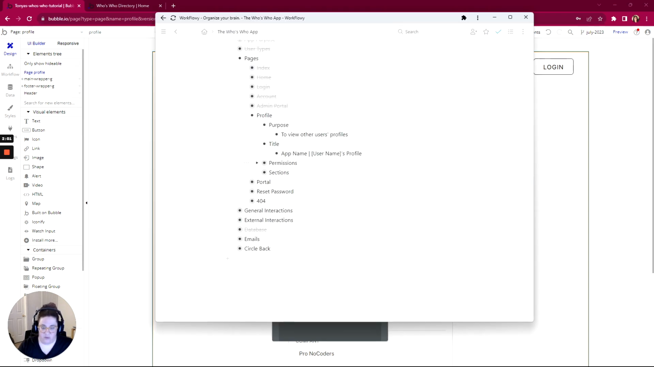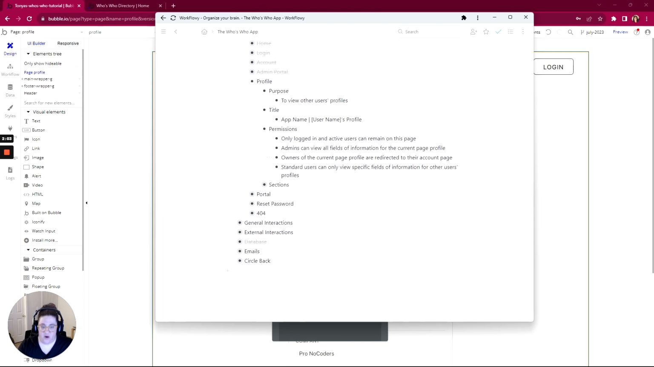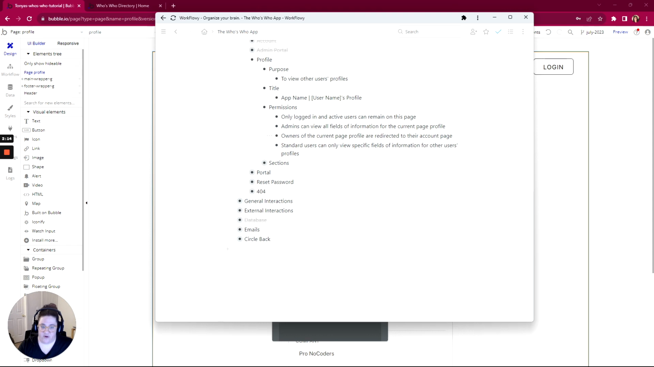Coming back to the scope, look at our permissions. Only logged in and active users can remain on this page. Admins can view all fields of information for the current page profile. Owners of the current page profile are redirected to their account page. Standard users can only view specific fields of information for other users' profiles. So,